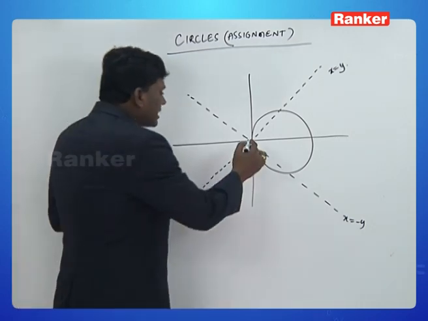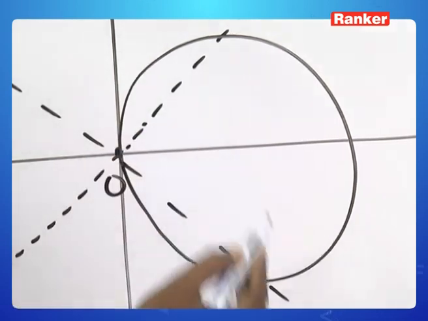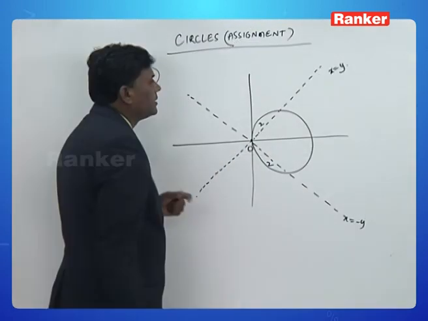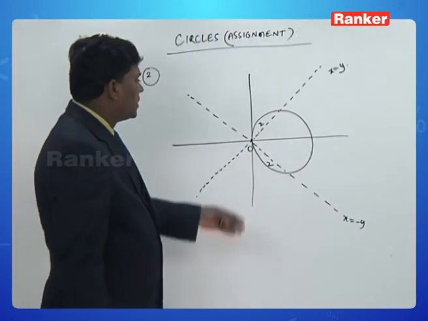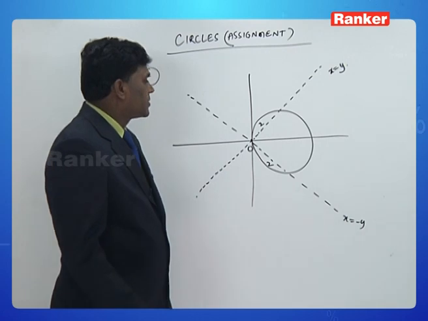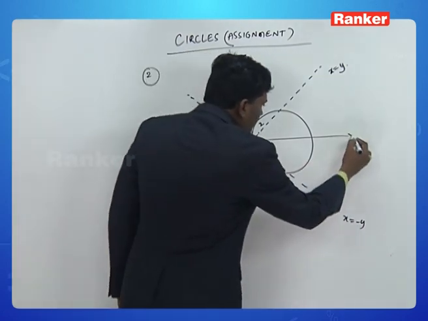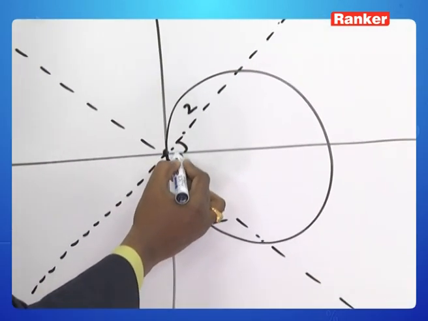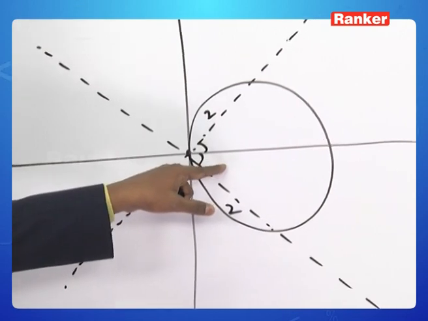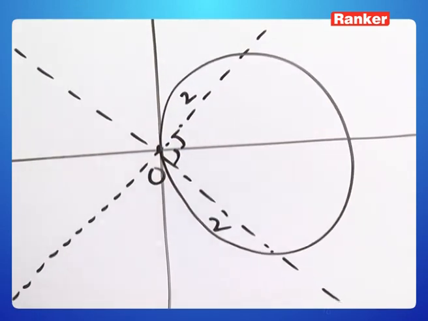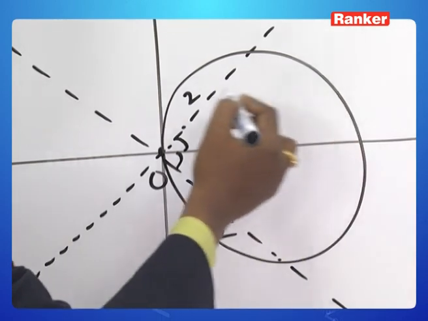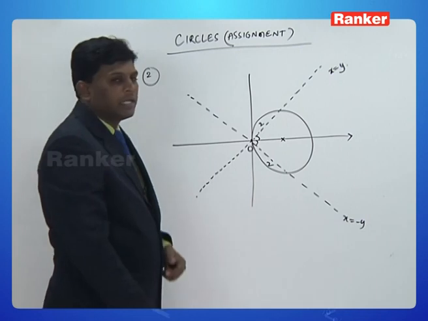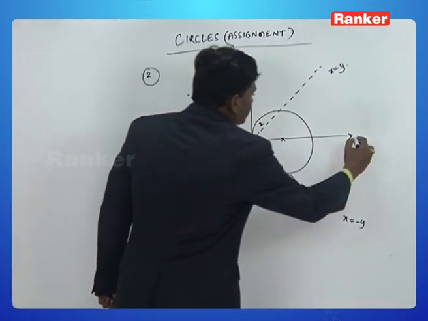it will take this form. Here the circle is passing through the origin and this is making intercepts of 2 units on each of the lines given. So now let us see how to find this circle equation. Here, because these two lines make equal angles of 45 degrees in anticlockwise and clockwise directions with the x-axis, because the x-axis is the angular bisector of these two lines,